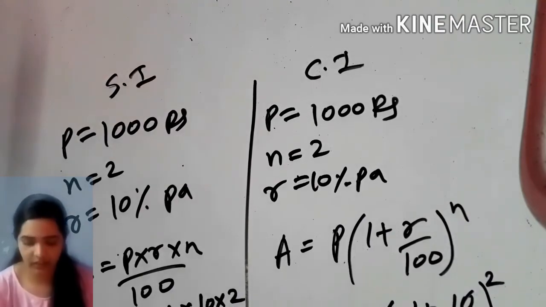One more example we'll see. You can do the same process for 3 years, 4 years, and you will get to know what the difference is and how it works. So what we have understood here is that compound interest and simple interest are the same for 1 year of investment.